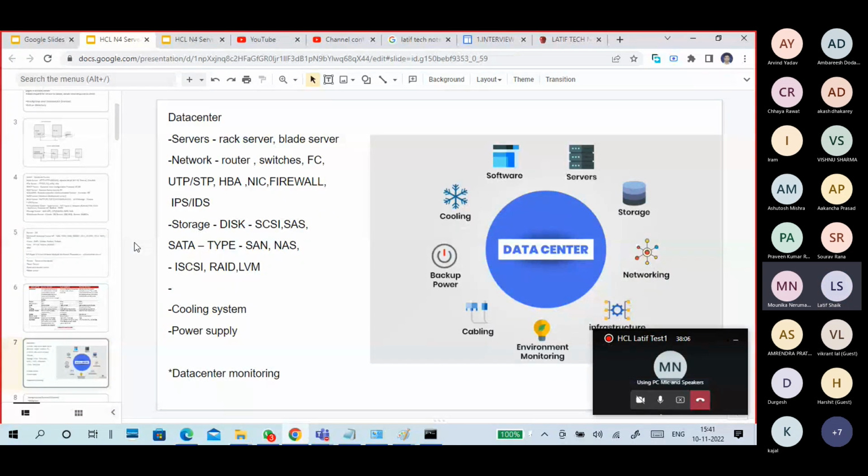And data center, guys: a data center is a location which contains